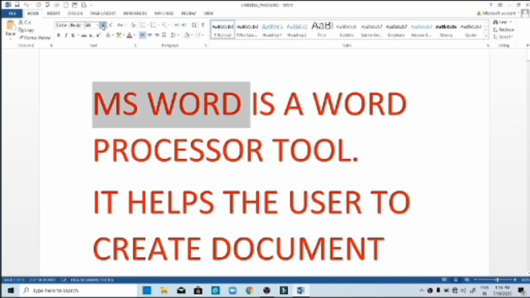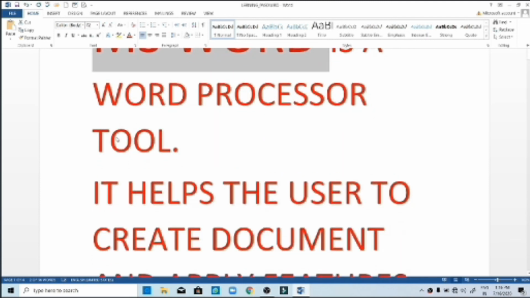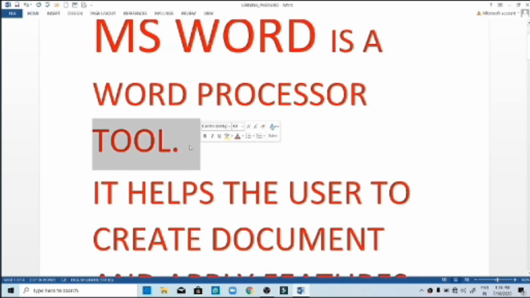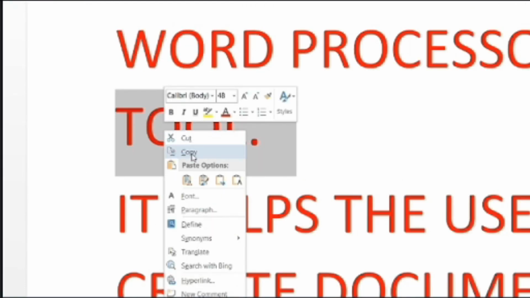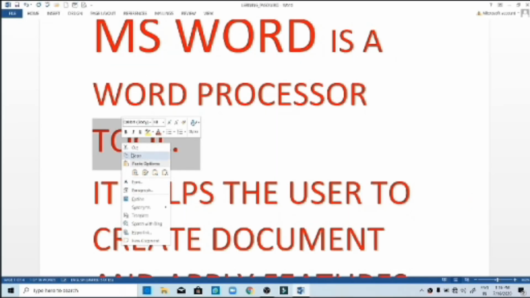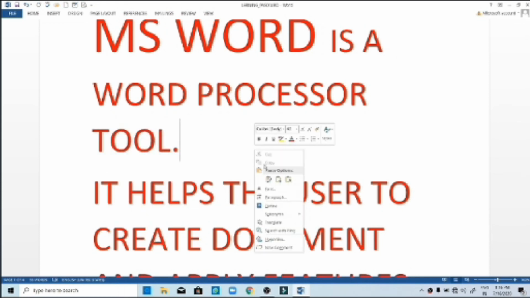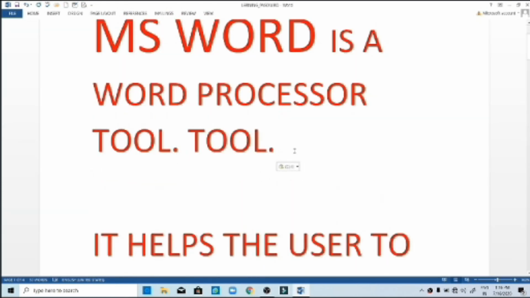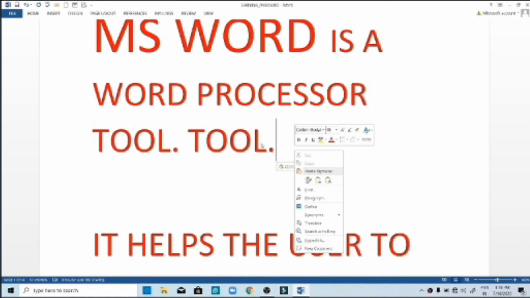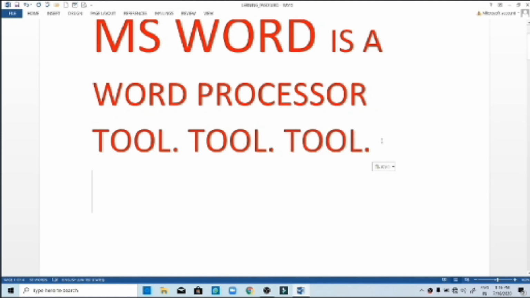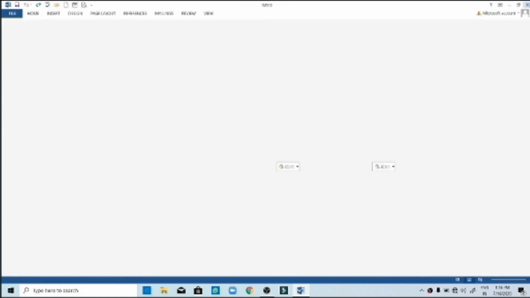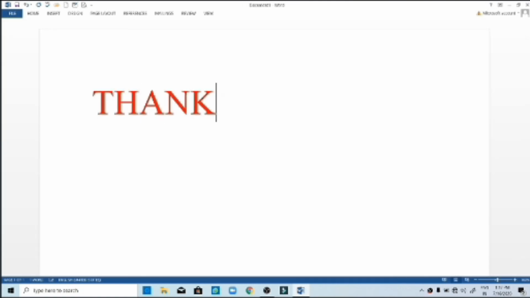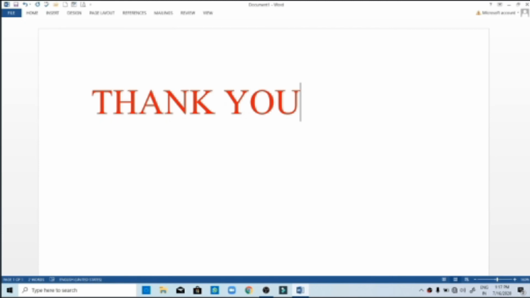Now I will select some text in MS Word and let me change something. Yes, I can do it. Now if I want to cut, copy, let me copy, and I will paste also. Now you can see whatever I do, it allows me to apply those features or select those features. So this is something very interesting about setting a password.